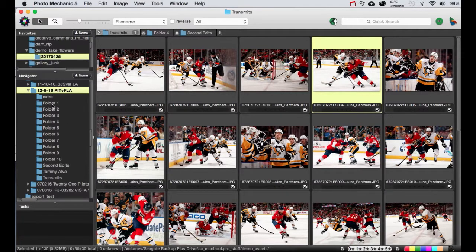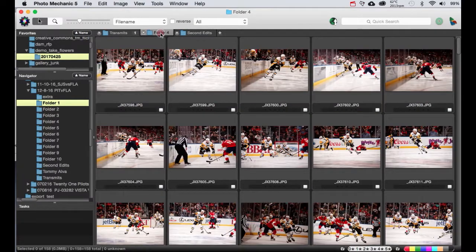As cards come back from Elliot near the ice to Elliot's assistant, he ingests them with Photo Mechanic's ingest function and puts them in these folders here. They're organized according to card run. Each handful of cards or each individual card goes in a folder. Now, when he does that, we will look in one of these folders, this one. When he does that, as part of his ingest process,